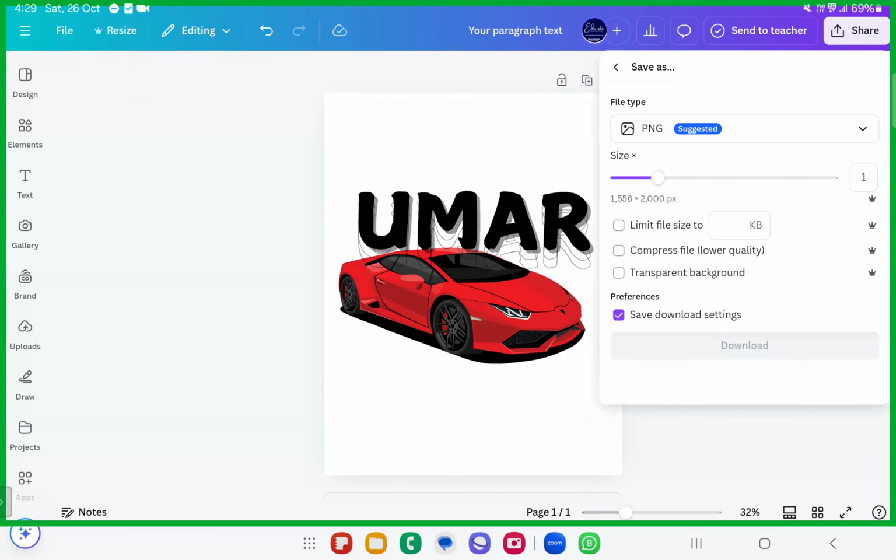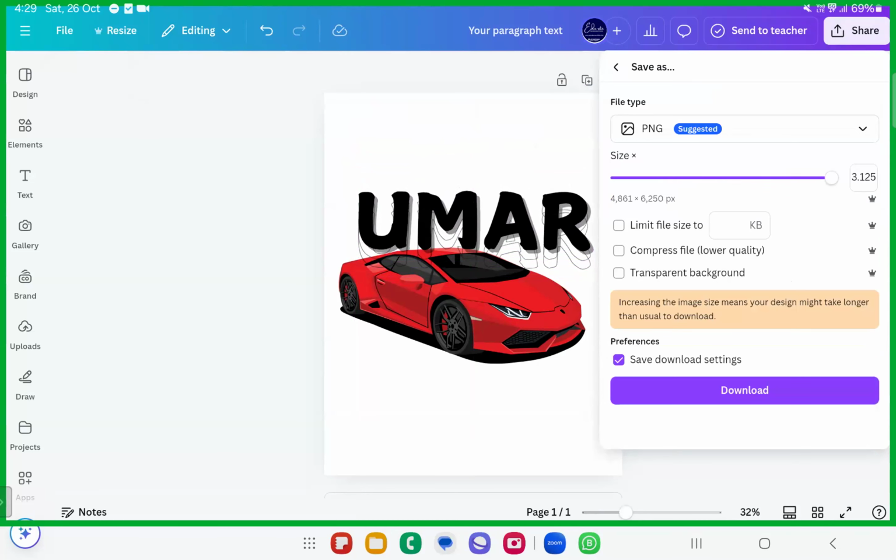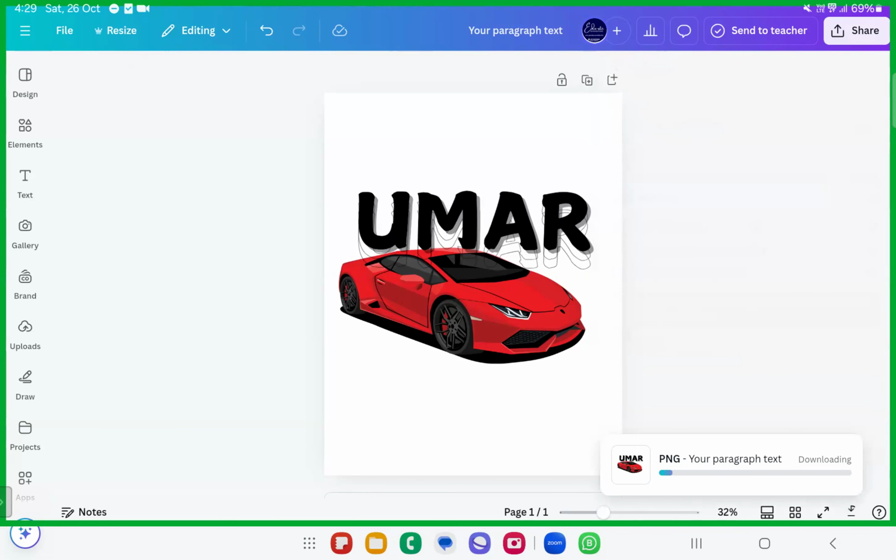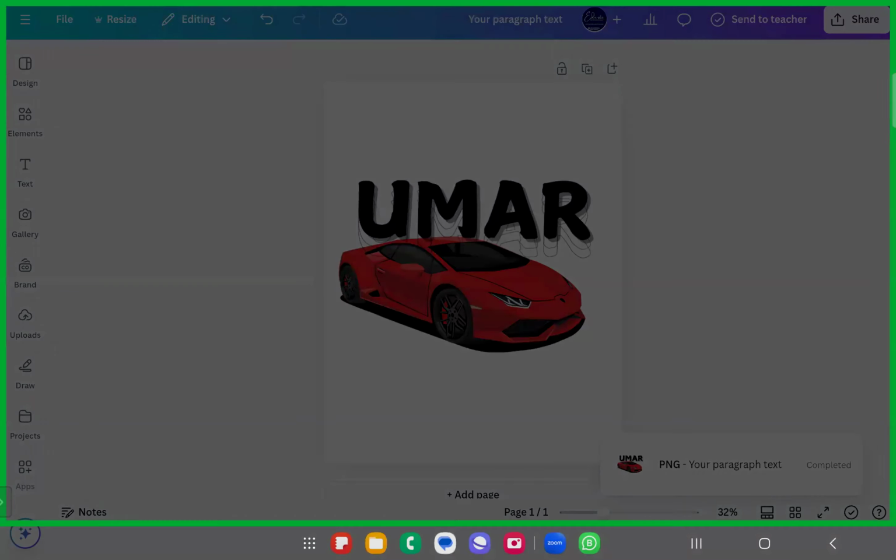How should I send it to the distributor or whoever is printing this? You just have to go ahead with the PNG, remember, and then a transparent background. With the transparent background, this will go well with the t-shirt. Okay, you just have to download this version. Within seconds it will be downloaded. Now when you send it to whoever is personalizing these t-shirts, you just have to send it over to them, that's all, right?